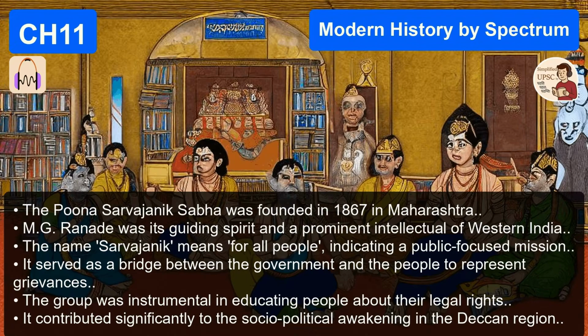Precisely. The national consciousness was percolating, and ironically, the physical infrastructure built by the British, the railways, the postal system, the telegraph, that is what finally allowed these regional leaders to easily communicate and travel to meet each other. Which brings us to the main event, December 1885. The birth of the Indian National Congress.